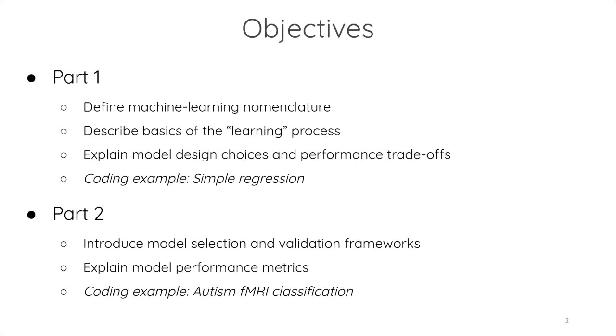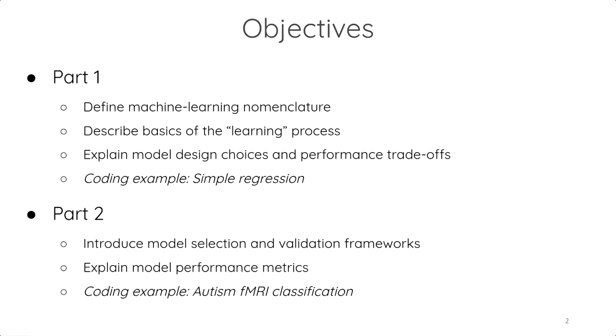Let's see. So today, we're going to have two parts. In the first part, I'll give you an overview of terminology and the details of what it basically means to do machine learning. And then we'll do a simple example by coding a regression model by hand from scratch in scikit-learn. And the second part will go more towards model selection and how we measure performance of different